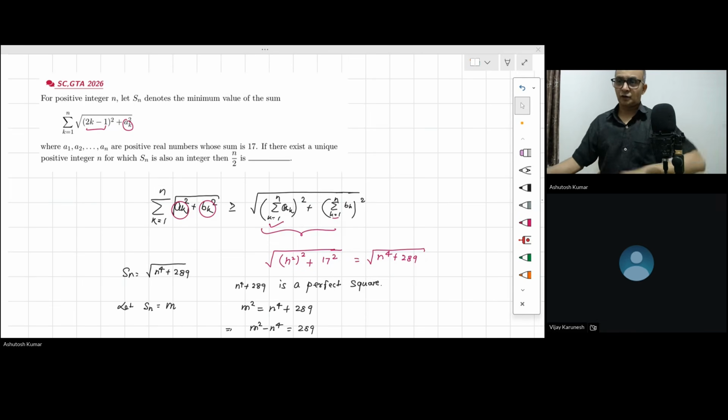All right. So what we can think, Karunesh, in the direction, if I give you the hint, can you just tell me this root over a square plus b square, what does it represent? In algebra also it is something, in vector also it is something, even if you take the coordinate geometry, it is also representing something.